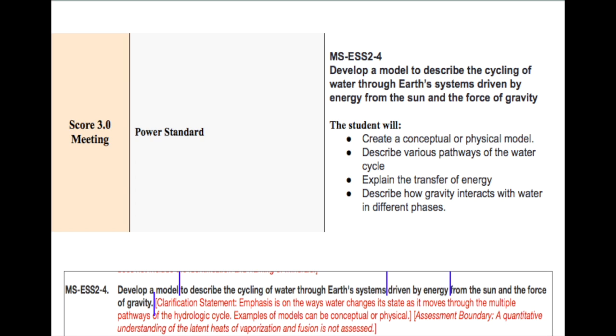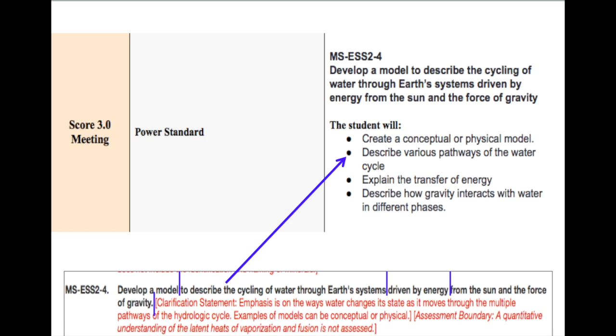My first component I chunked was develop a model, so I unpacked that into what my students will be expected to do, which is create a conceptual or physical model. The second component I identified was the cycling of water through Earth's systems. After looking at it and unpacking this component, I know my students will need to be able to describe various pathways of the water cycle. I will continue to use the same process